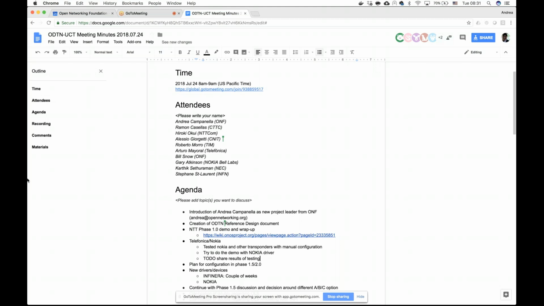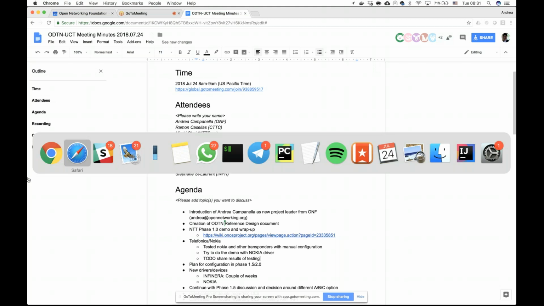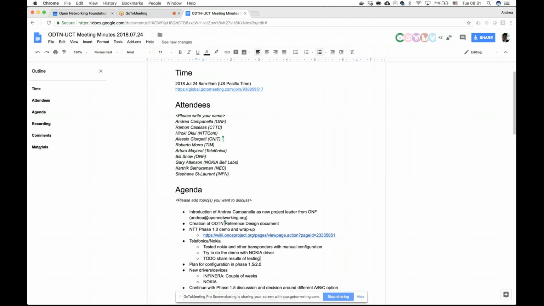So our idea so far was to understand exactly how to use this technology, this model and this interface in order to find which are the deviations, which are the points on which different vendors are doing things differently. And I think that we can give feedback about that with the experience that we acquired in the